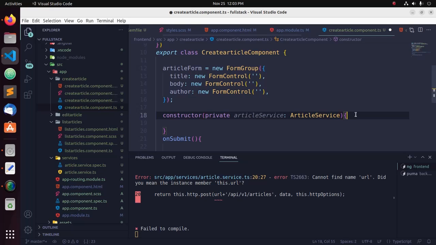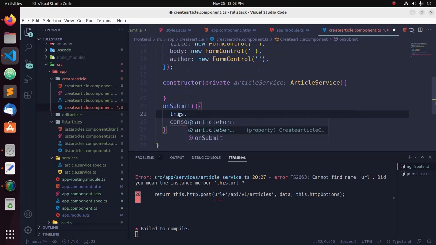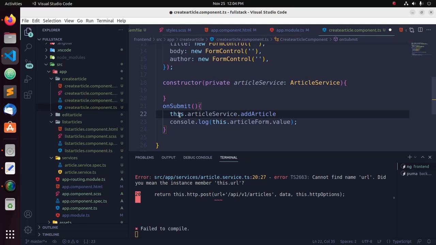Okay, call addArticle, and here pass the form data,